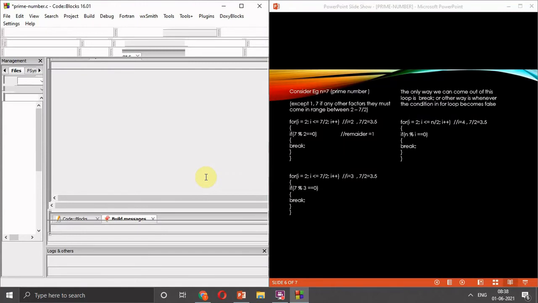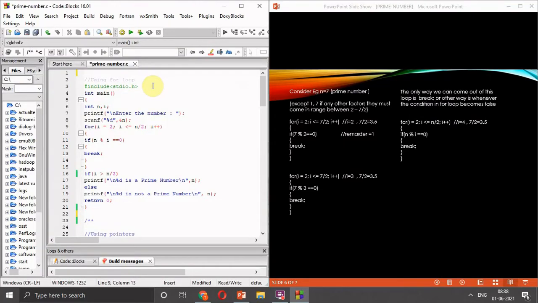Let's start from the main function. You all know that this is the preprocessor directive, and this standard input output file is necessary for using the inbuilt functions like printf and scanf, which we are using here for taking input from the user or printing instructions on the screen. printf is for printing on the screen, scanf is for scanning the input from the user.